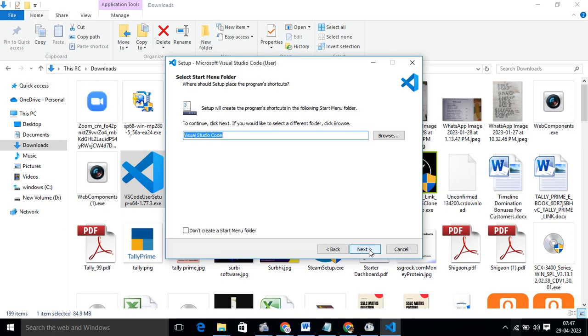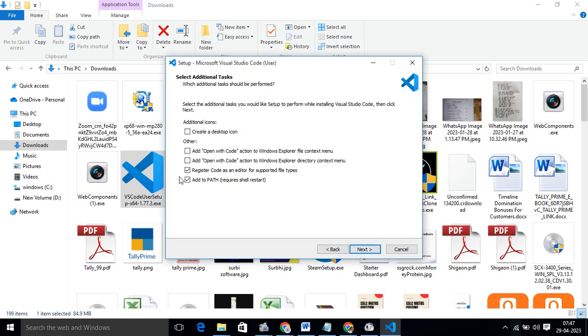then press next, then press next, then create additional icons. Select this icon also, this icon also, this icon also, because to create a desktop icon, this is